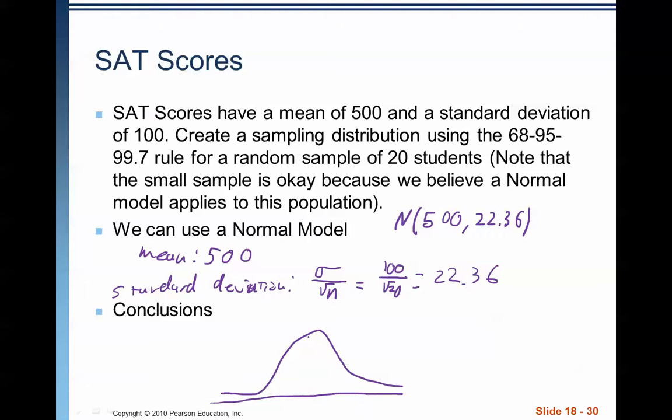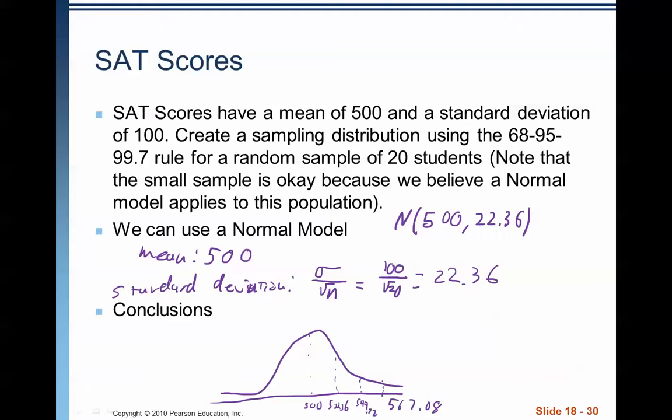I'm going to be short on space a little bit here. But the mean was 500, so that goes in the middle. And then we're going to go up 22.36, so this is 522.36. Then we add one more standard deviation, and that gives us 544.72. Those look like 9s, but they're actually 2s. And then we're going to add it one more time, and we're going to get